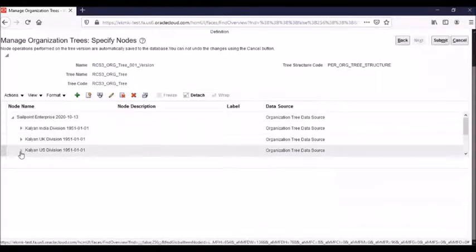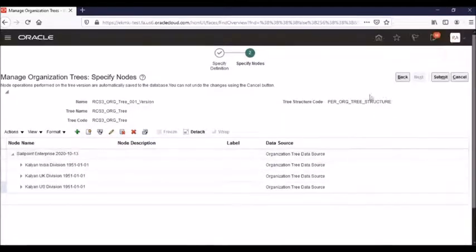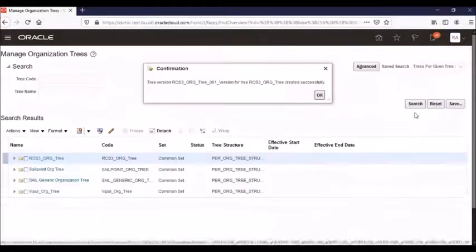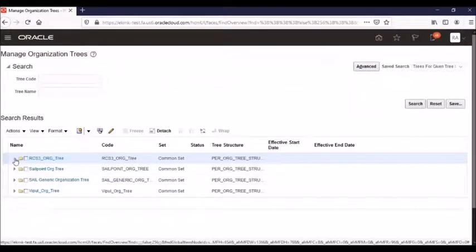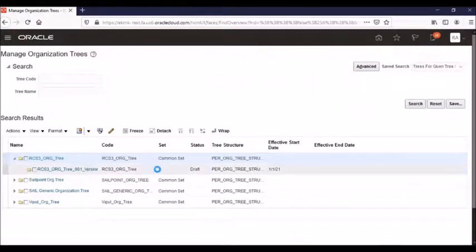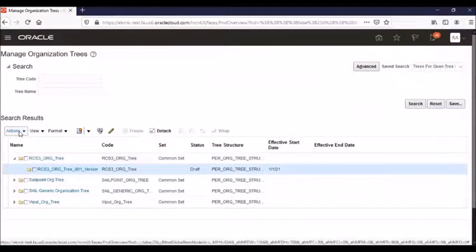So once you've done the structure, then you can go for the submit button. I created it with my structure. Then you can click on the submit button. So the tree version 3 RCS tree created successfully. Okay, and you can expand it. It's still in the draft mode. If it is in draft mode, this structure is not visible. It should be activated. Then go to the actions,